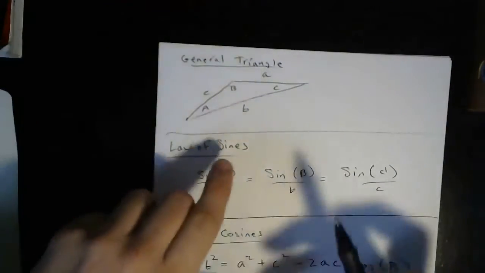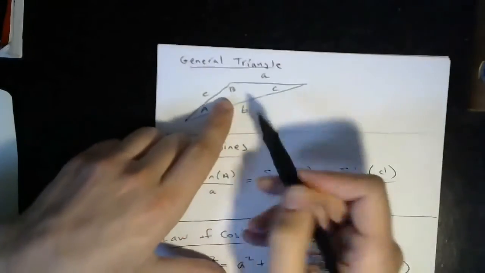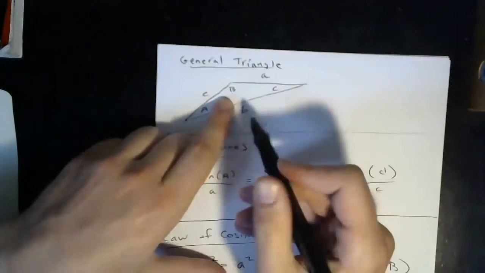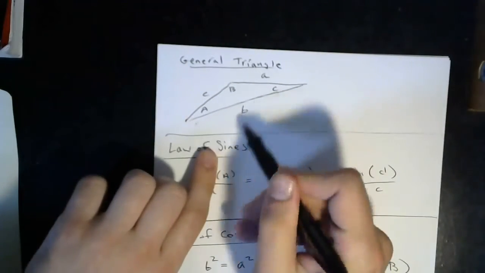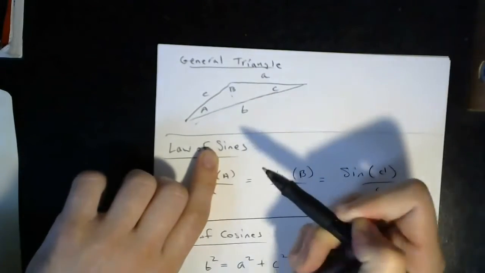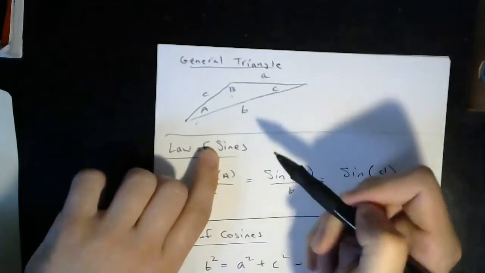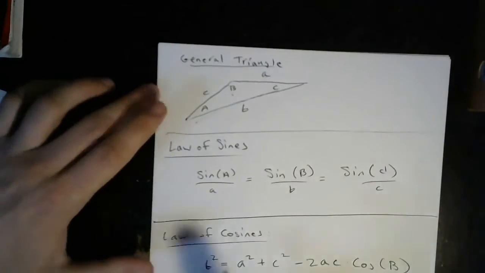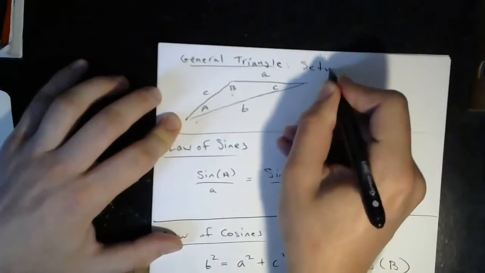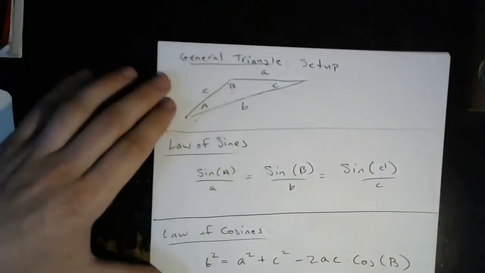specific way. The convention is that we label with either uppercase or lowercase letters, and then the sides that are across are the opposite of that. So capital B, lowercase b, capital A, lowercase a. Once we have this setup, this is our general triangle setup, we have two major theorems